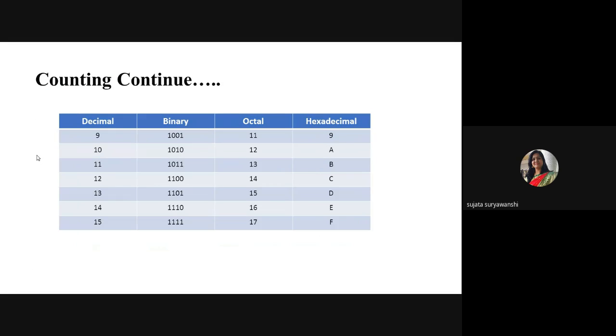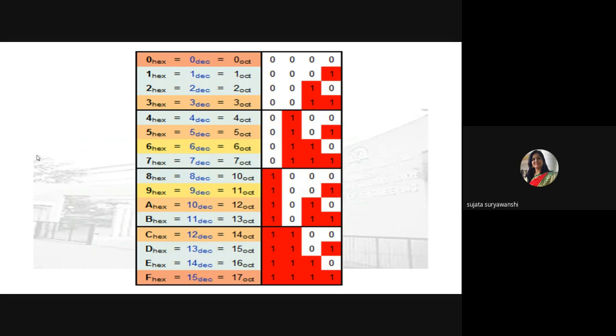Okay, so after that, this is the counting. I have already explained counting from this. Here I can explain to you. Suppose 0 is there. 0 is a hex number, 0 is decimal, and 0 in the octal number. All the representations are the same for these three number systems. But in case of binary, 4-digit binary, 0000. So whenever you have to write down the binary equivalent of any decimal or hex number, you simply have to write down the weightage for each binary bit.